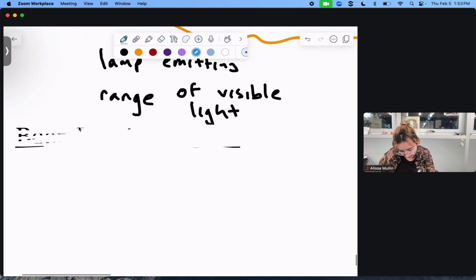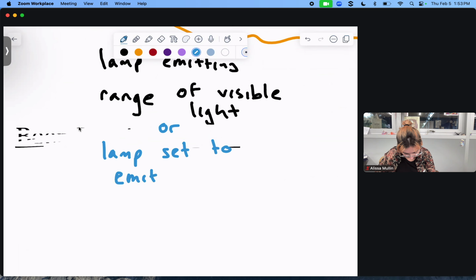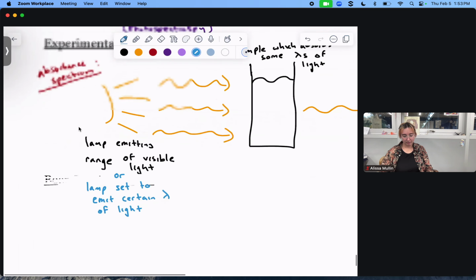So maybe I'll write it in a different color. If I realize my sample absorbs light at 450 nanometers,